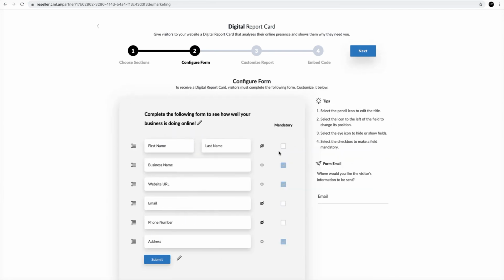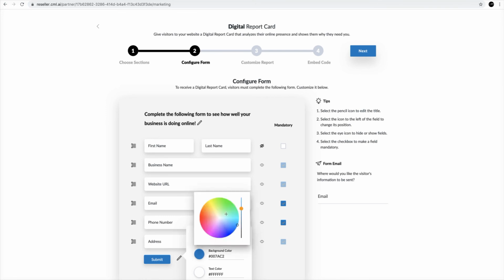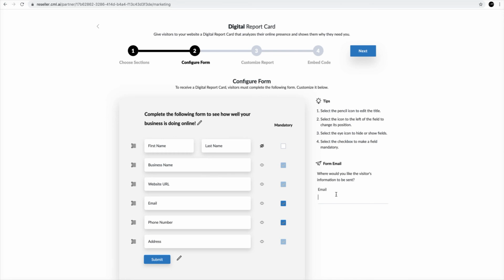You'll select next. You can see you can edit what the form says, the title. You can make certain fields required, mandatory. You can also, if a field is not mandatory, make it hidden or not visible. You can edit the submit button if you do not want it to say submit. You can change the verbiage, you can change the background color, and you can also change the text color. You'll want to match it to your website's accent colors. That's what's recommended. And you'll want to enter an email address